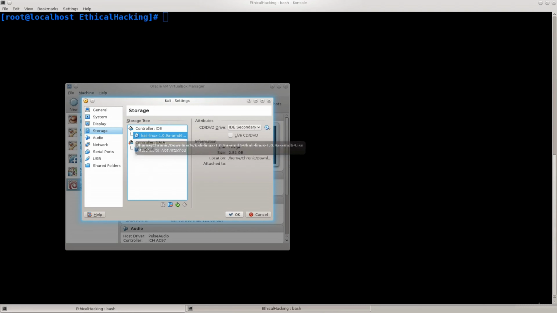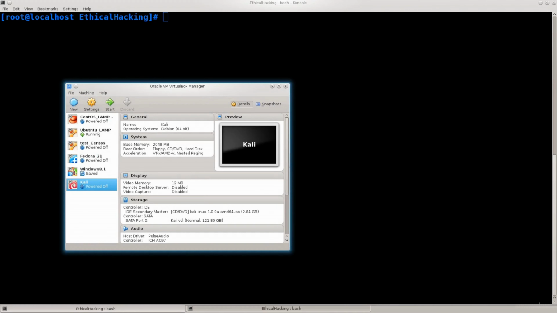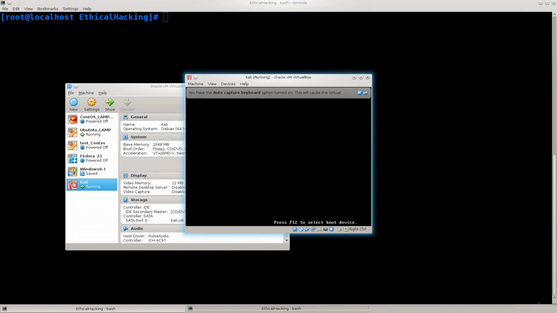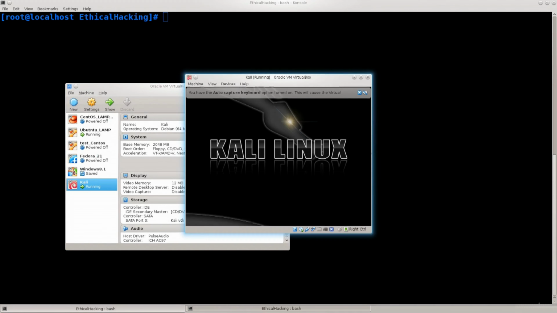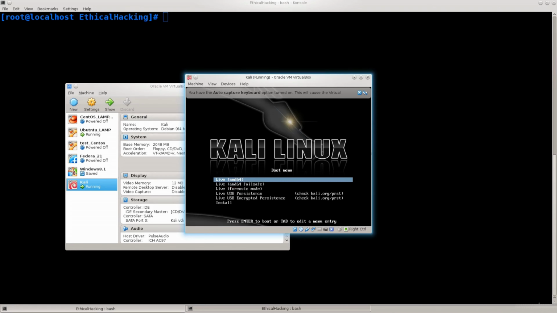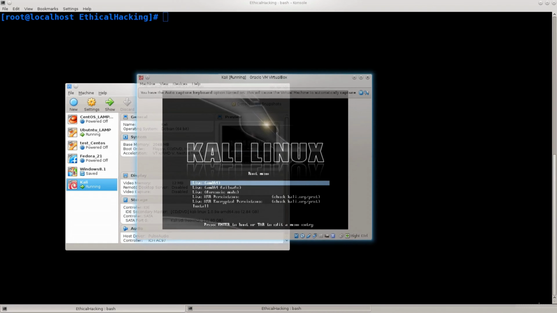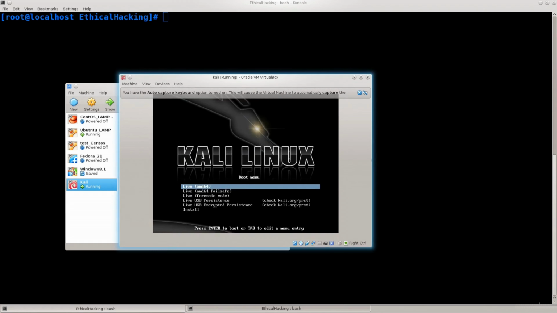It's marked, and Kali Linux is in the tray. So click OK. Double click on Kali, and it says starting. Now it's running. You have a few options here to utilize. You can have live AMD 64, live forensic mode, USB persistence, live USB encrypted persistence, or just go ahead and